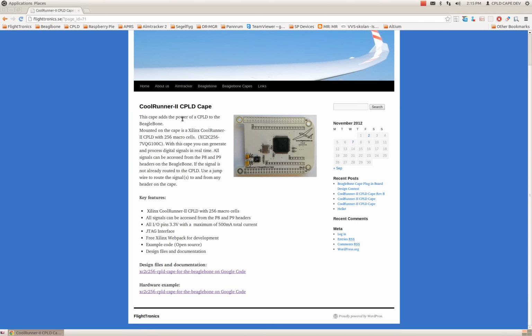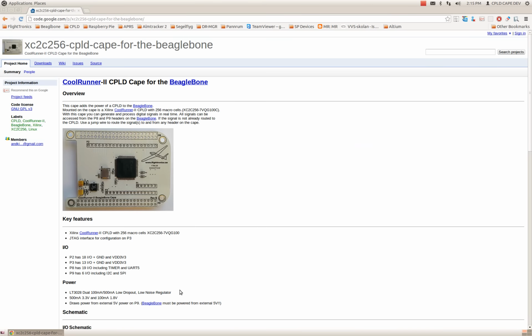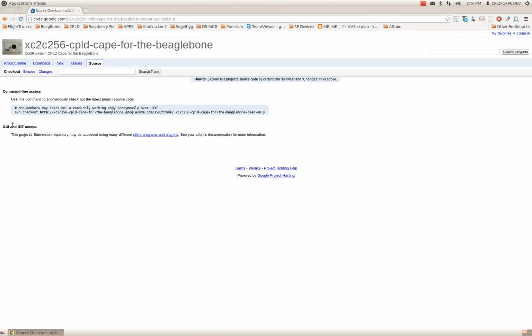Here you can find some basic information about the CPLD cape and the key features and the links to the design files, documentation and the hardware examples. We'll click on the link and go to the hardware example page, and it will transfer us to the Google code page where I will submit all my source files for the CPLD cape. To download the source, you can go to the source link here, press it, and then we will use the